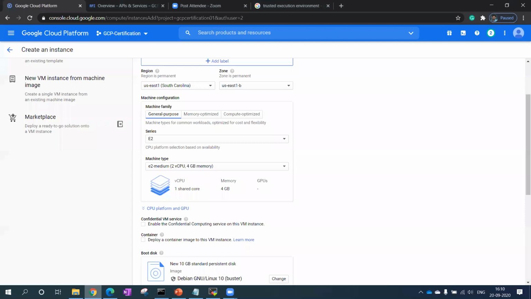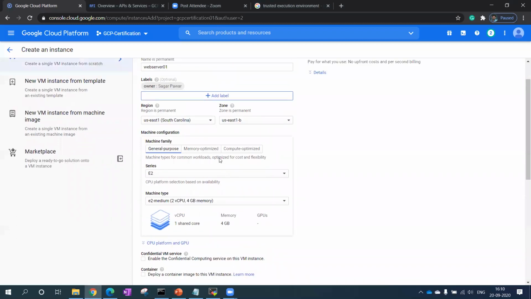One more thing to notice here is that in GCP there is a soft limit and a hard limit. What is the soft limit? In one account I can only use 32 CPUs. For example, say I have 8 VMs, each VM having 4 CPUs. Now my requirement is to create another VM with 2 CPUs.